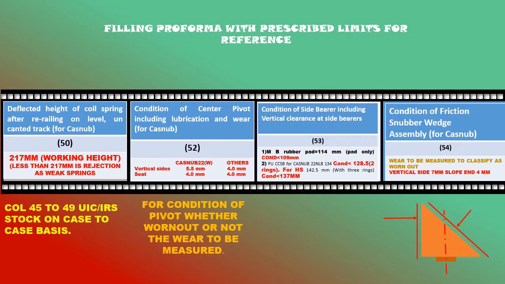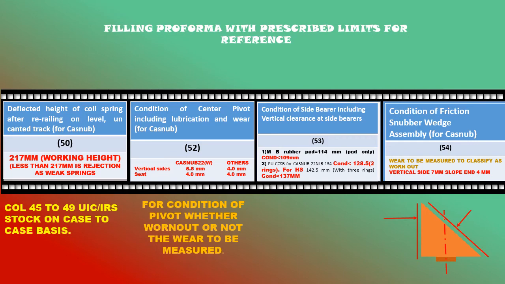Then we have the condition of side bearers. Now side bearers nowadays are of two types which are being used. One is MP rubber pad. The maximum height is 114 and it is only for the pad portion, rubber pad portion, and the condemnation is below 109. And again in